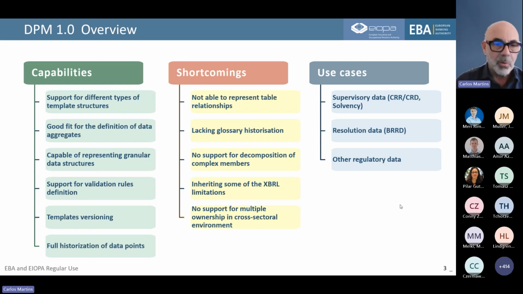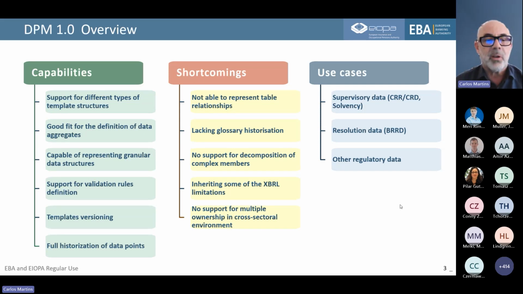It's also capable of representing granular data structures, and you know the reporting framework, so you know it contains both highly aggregated data like balance sheet, and also much more granular reporting like large exposures, for instance. It supports relation rules.